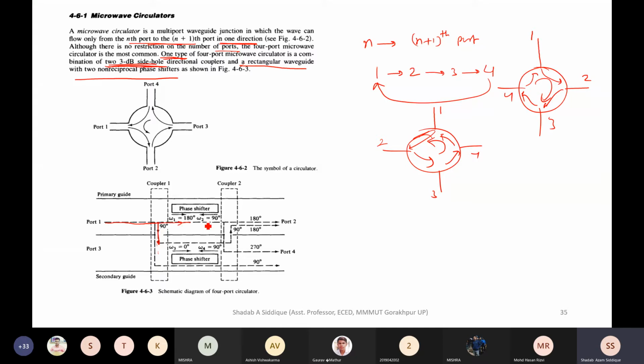So the wave which is going in this direction will have the phase shifter, omega 1, which is showing the 180 degree. So it will lead to this phase shifter 1 in the primary waveguide. It will go through 180 degree and it is coming to this port. See, the coupler is providing 90-degree phase shift. Both couplers are providing 90-degree phase shift, but it will provide the 90-degree phase shift as soon as we go through this coupler. This coupler means this directional hole. At that time it will provide it.